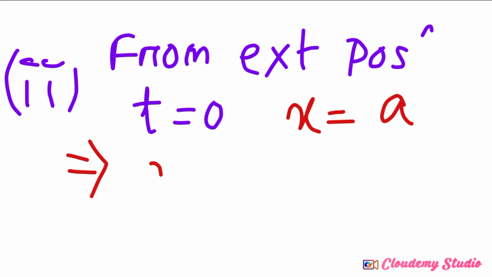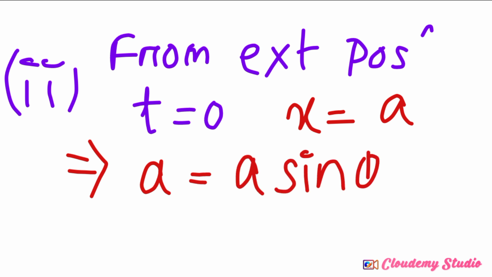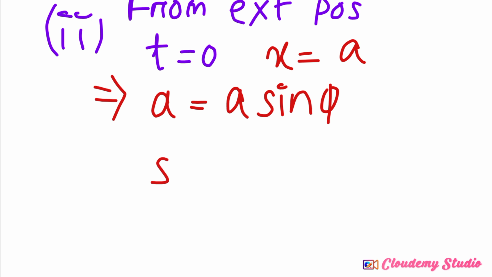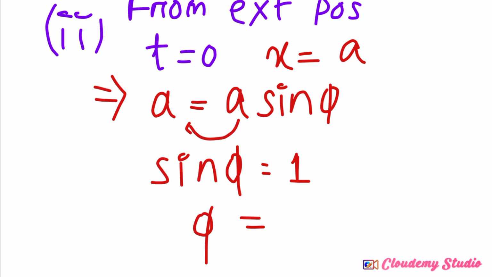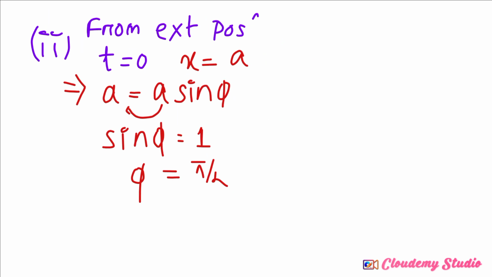So the equation becomes a is equal to a sin phi. So sin phi becomes a by a, which is equal to 1. So sin phi is equal to 1, so phi becomes pi by 2. After that x is equal to a sin